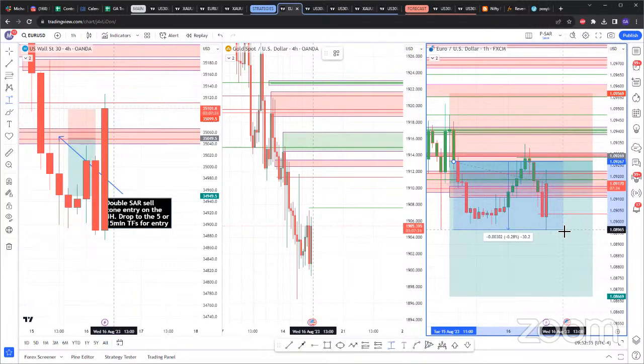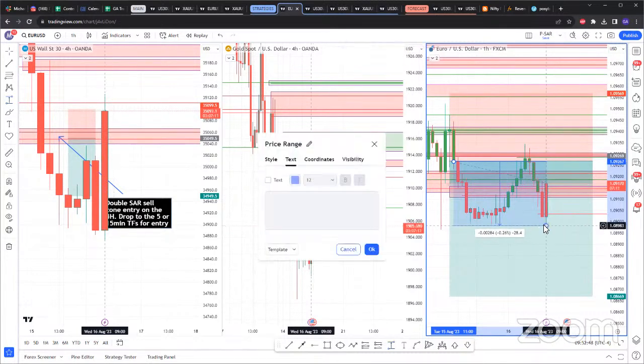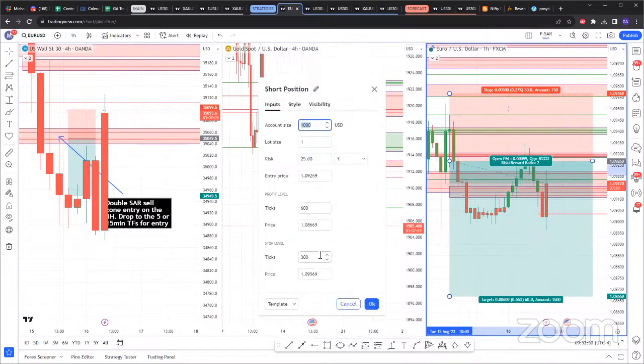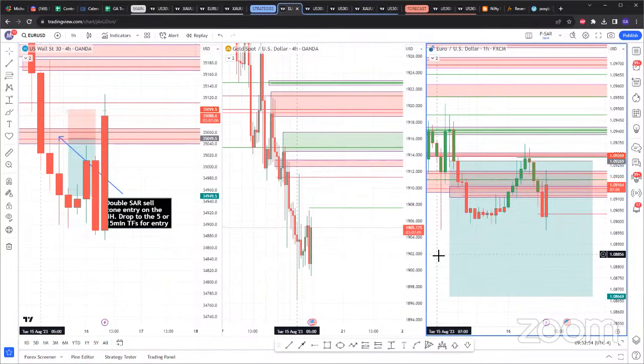So depending on where you entered, I had two entries. One of them came back and took me out. This one is still running, because right now is when I actually set break even, since it achieved 30 pips at the low of the previous candle right there. So if you're still in this trade from yesterday, it should be at break even.